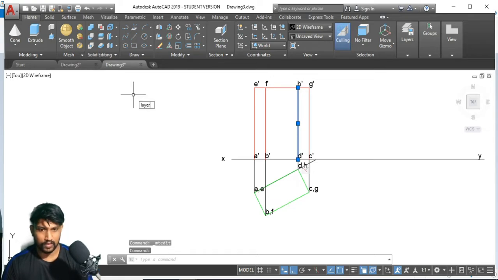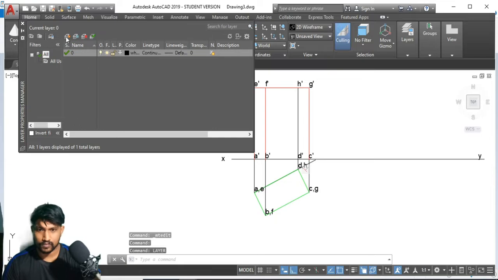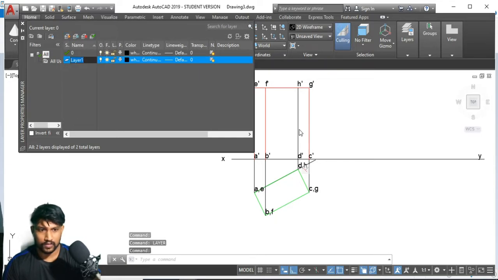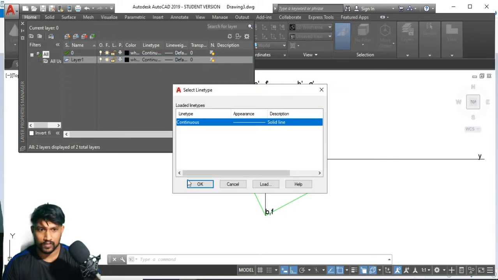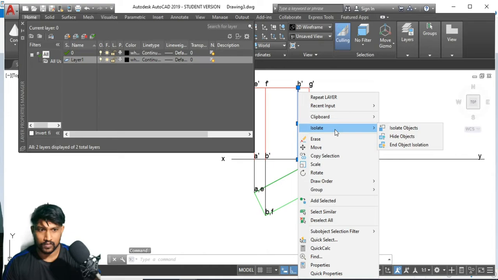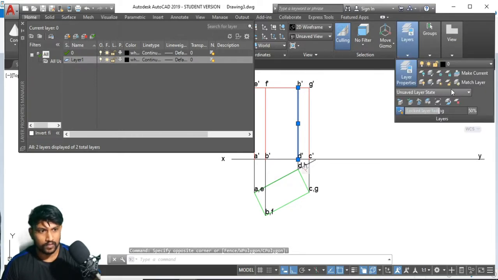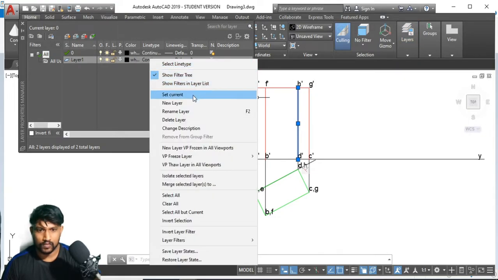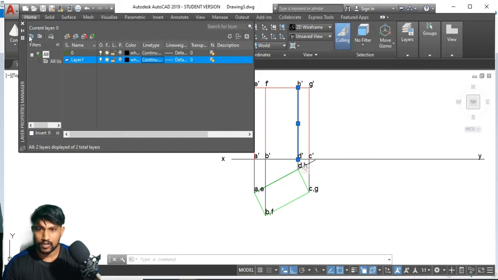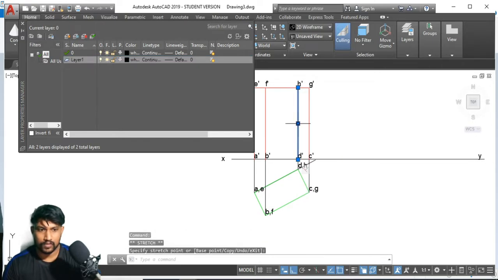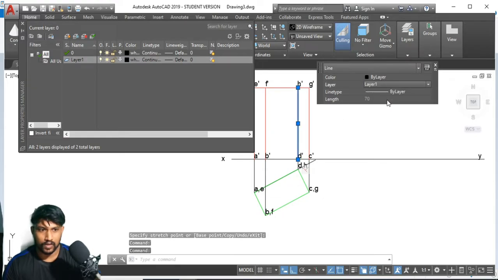Let us add this one to another layer, create a new layer. There is the add option, but layer 1.